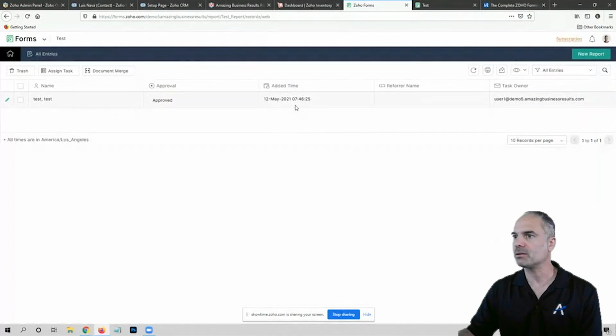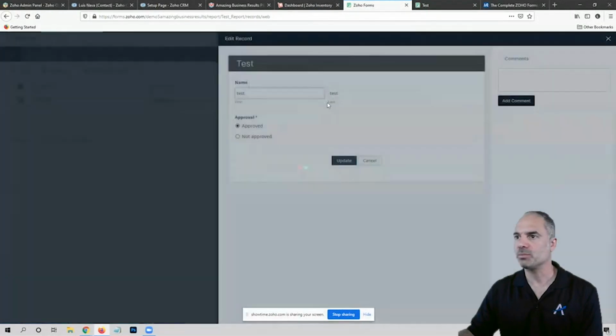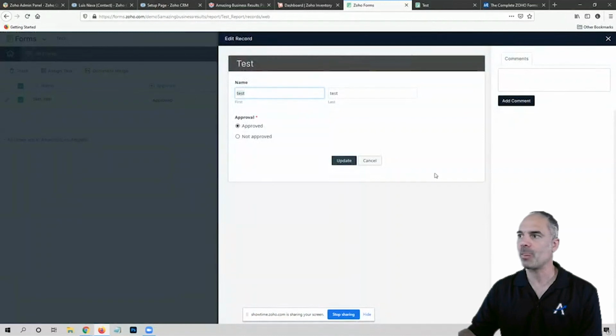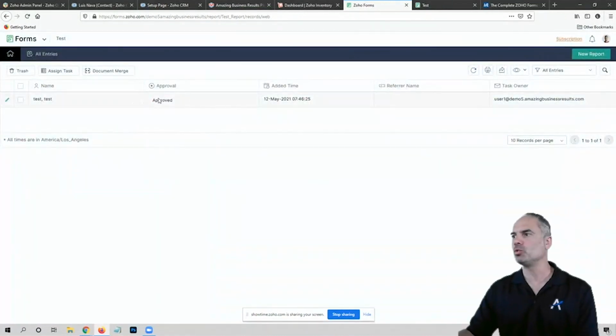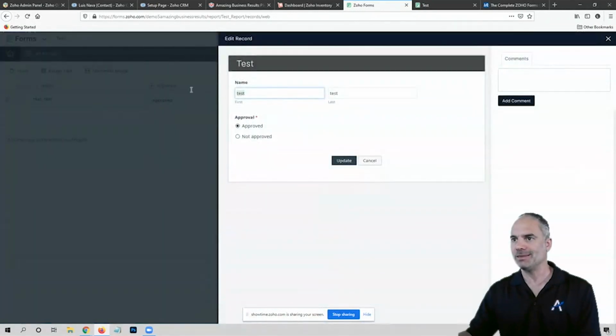Just give me a second. It's not using the merge. Using the pencil, yeah. Okay, so editing is if you go to the list, you can click on the pencil and then you can edit.